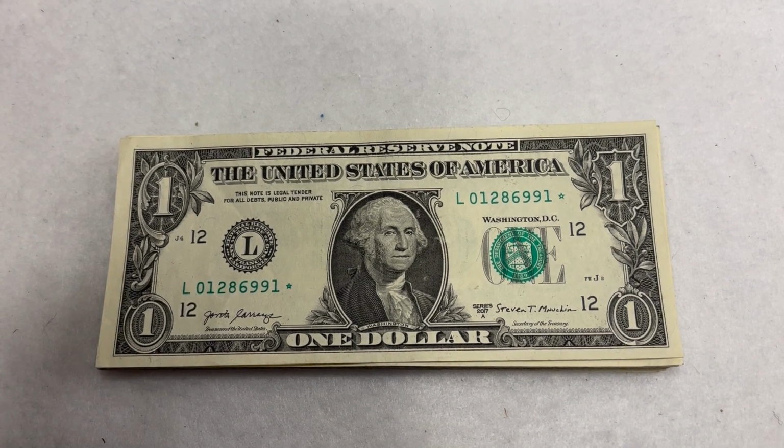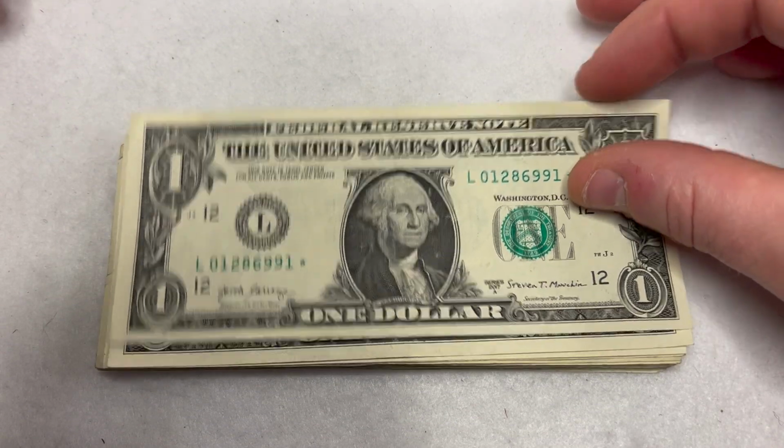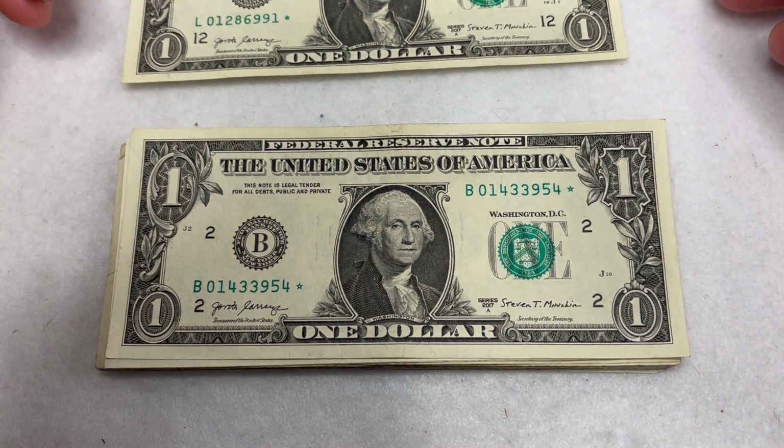So we're going to start off here. We got a series 2017 star note. Got another 2017 star note. And what I do with these star notes is I go to